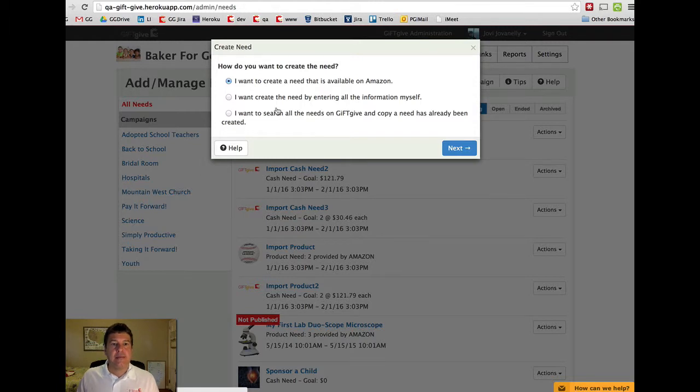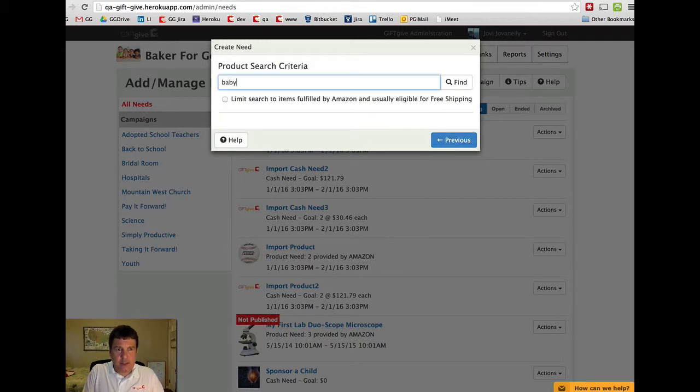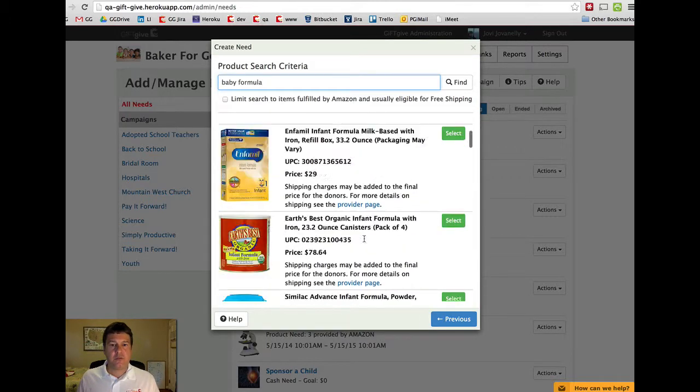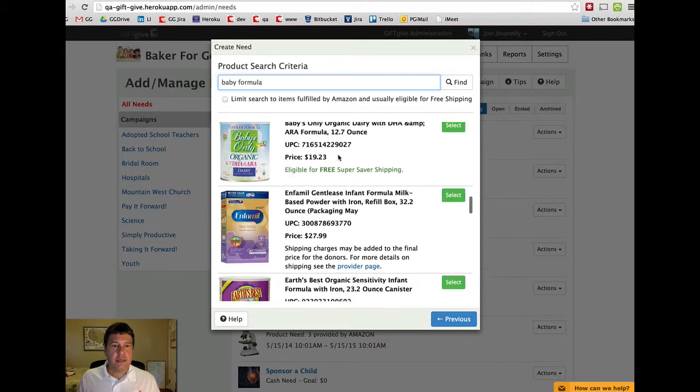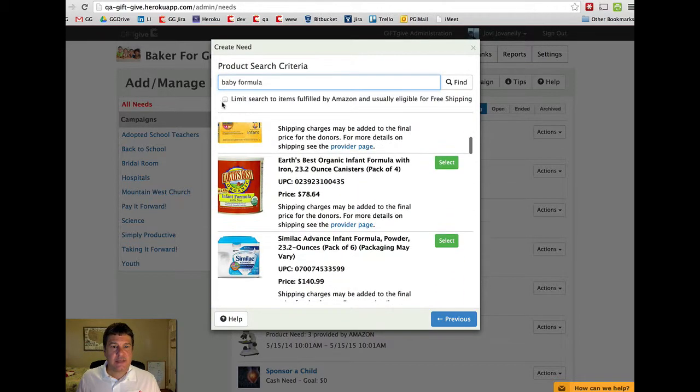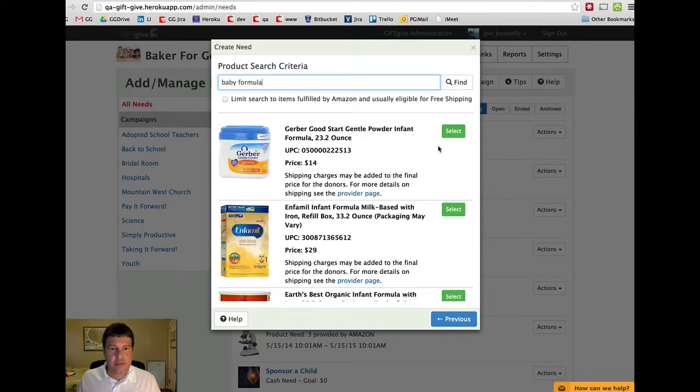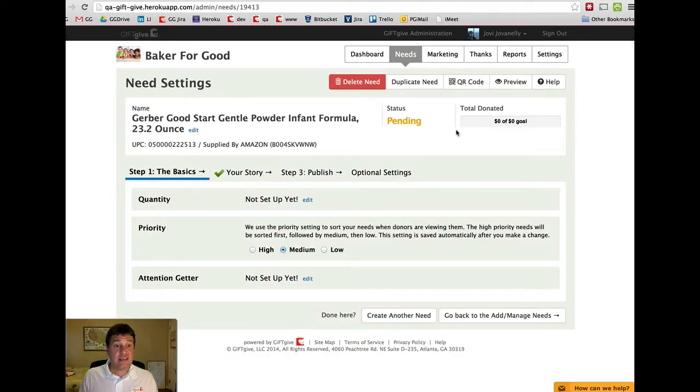Create a need, and there's 3 different ways, very easy, but different ways to create a need. One, I want to create a need that's available on Amazon, and we'll give you a search so you can search. Let's say you have baby formula. Search Amazon, and it grabs back the top search results from Amazon. And then if you want to limit to ones that have super saver shipping, you can do that, or just find the one. I know a lot of the homeless shelters that we work with are very specific about the brand, and so I'll just select that, and we just created the need for you with the name, with some key